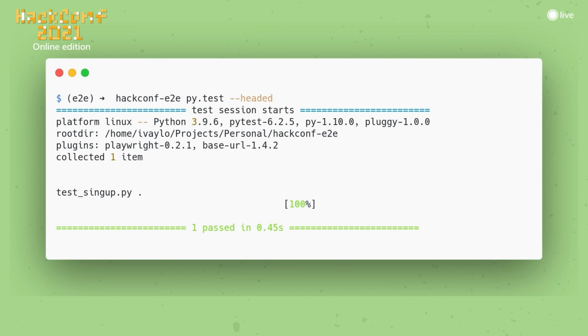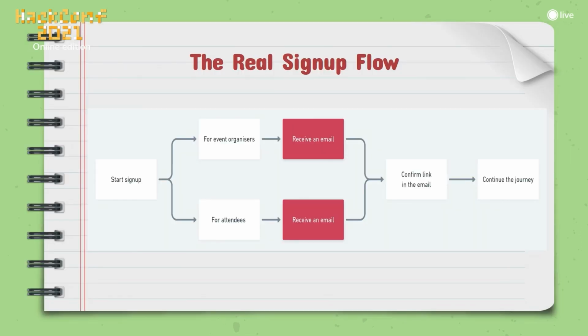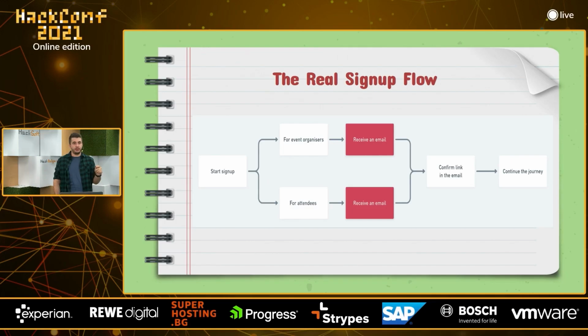But our sign-up flow is not that easy. I mean, nobody has just an email field and a password field, and then you press submit and you're registered. Our sign-up flow is way, way more complex, and this is really important for the sign-up flow to work. So, we have events that people are actually registering for, and if they cannot register for some reason, things are not going well. This is the exact sign-up flow. We are using third-party integration to send emails, and then people need to receive their emails.